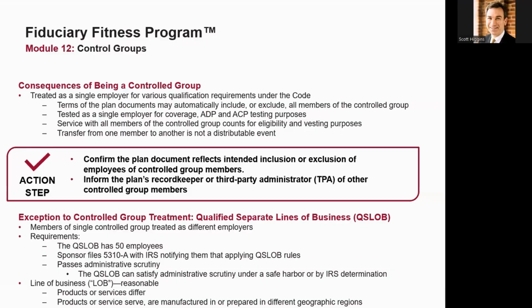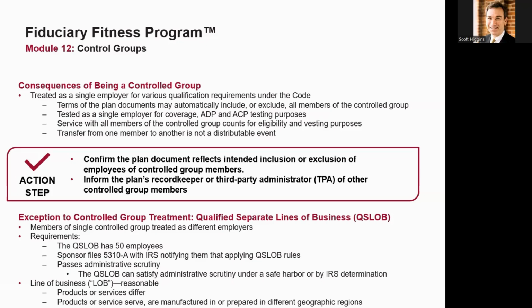So what are the consequences of being a control group? Basically, as mentioned earlier, the control group is treated as a single entity, a single employer for various qualification purposes under the Internal Revenue Code. Terms of plan documents may automatically include or exclude certain members of the control group, but it's tested as a single employer for the ADP and ACP testing purposes and for coverage testing purposes